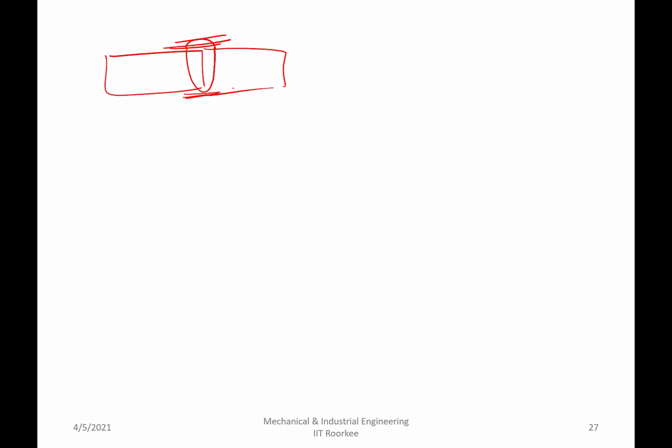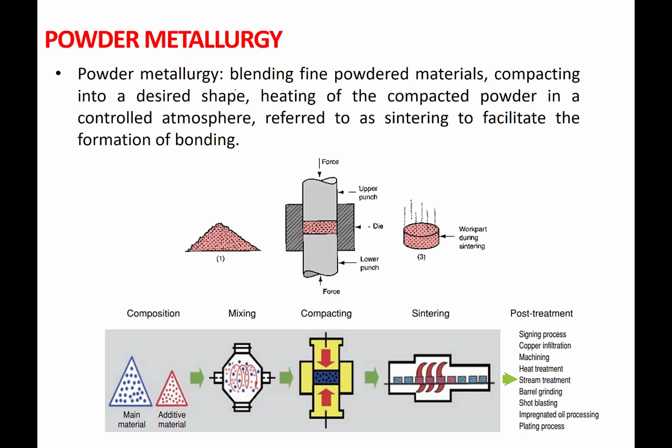So now we need to talk about powder metallurgy. This is the last one of the forming processes. In powder metallurgy, you take the powders that you want to use, mix all these powders, and then put them in the cavity of the desired size and shape, and then pressurize the powder. So the powder particles deform and they bond with each other. This is the mechanical bonding, because the powder particles deform under heavy pressure.